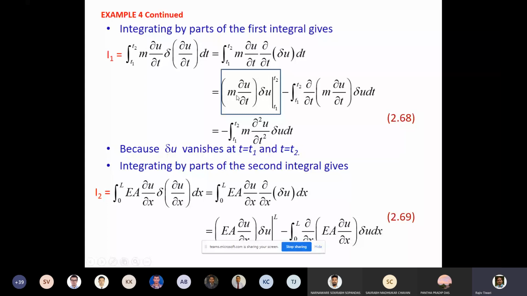So the derivative term will go, and the limit t1 to t2, minus the integration from t1 to t2 of the differentiation of the first term, and the integration of the second term. So this is the simple integration by parts, with the first term this and the second term this. The aim, as I mentioned, was to eliminate the differentiation of u. We only want the variation of u. So you can see in this and this, differentiation of u is not there. Only the variation is left after the integration by parts.